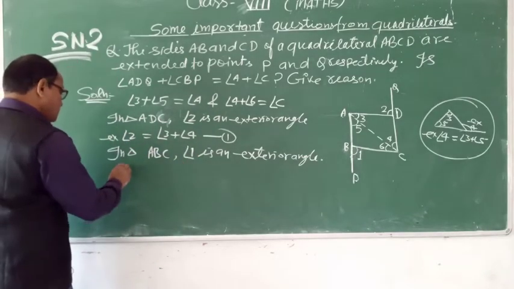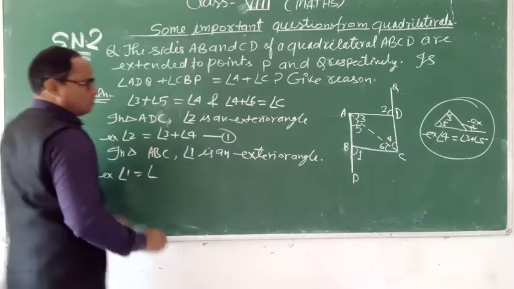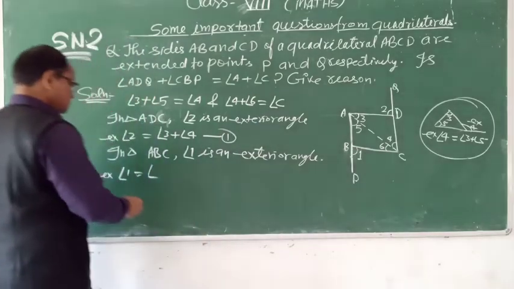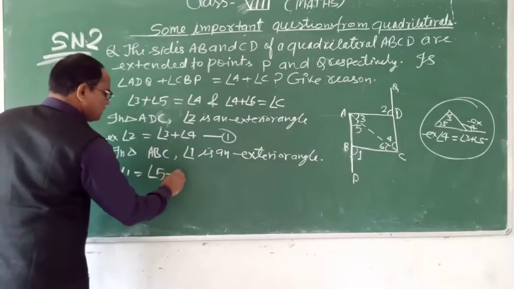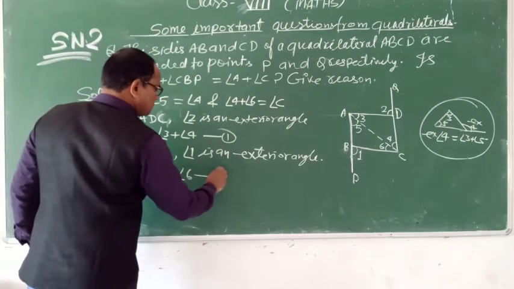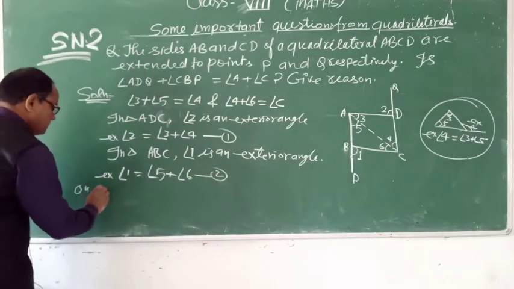Therefore, exterior angle 1 is equal to angle 5 plus angle 6. Equation number 2. Okay. Now on adding